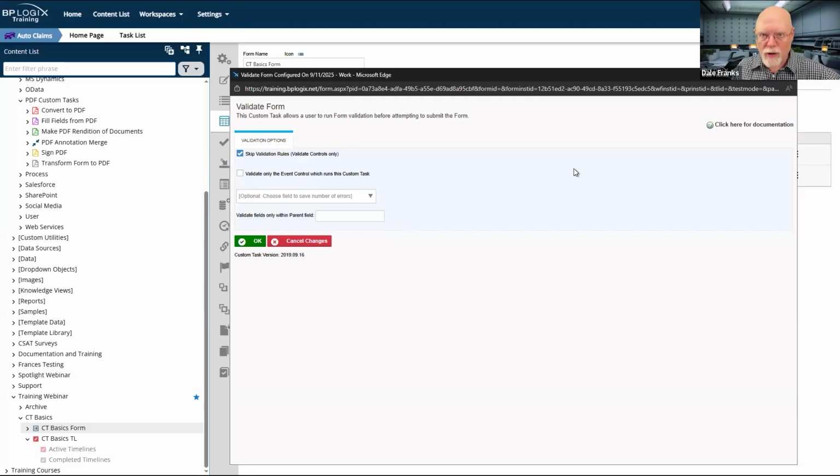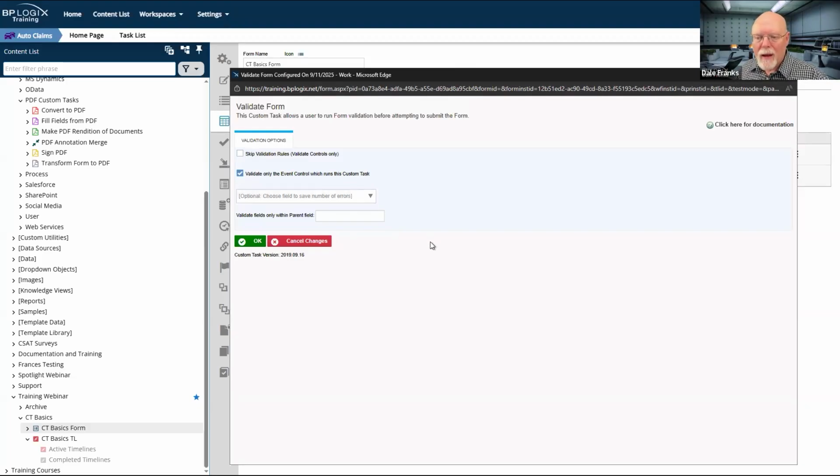It'll go through, and if a control is required, then that control will flag a validation error if you haven't filled it out. Or if that field has to be a certain format, like it has to be an email field and you haven't put in an email address, that validation will fail because it's not in the right format. So those kinds of events will still fire if you turn that on, but none of the custom rules that you created on the validation rules tab will run. Generally, that's not what you do.